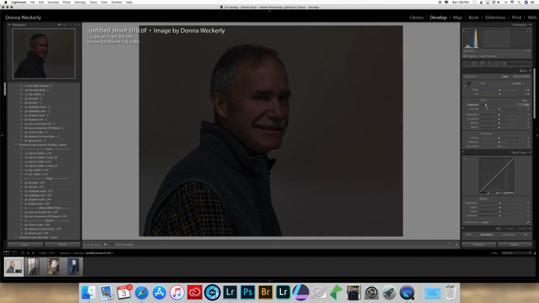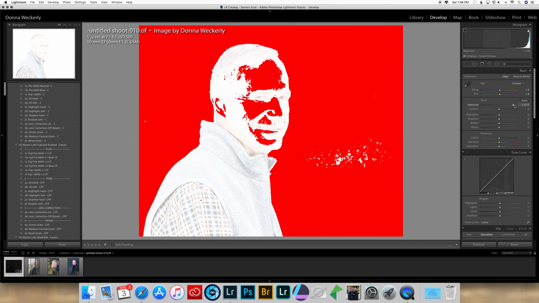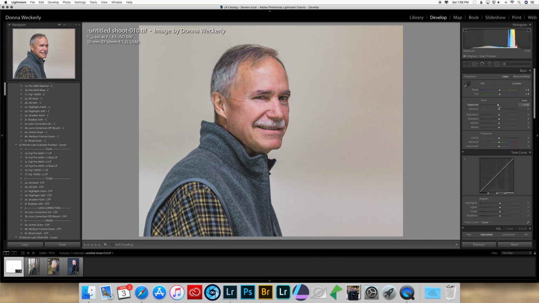All of these sliders work left to right, less or more, less or more. And this is simply a matter of just sliding those sliders to where you feel you've met